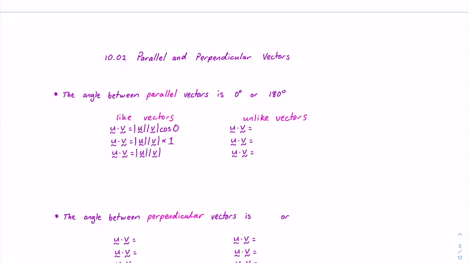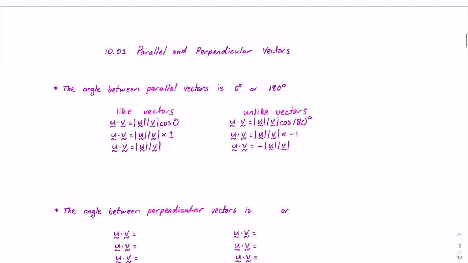same direction. If they're unlike vectors, where they're parallel but have opposite directions, then it's cos of 180 degrees. The angle between them is 180. Now, cos of 180, of course, is negative 1. So in that case, the dot product is equal to the negative of the product of their magnitudes. So those are some quite useful little rules. So basically, if the dot product is equal to plus or minus the product of their magnitudes, then they're parallel